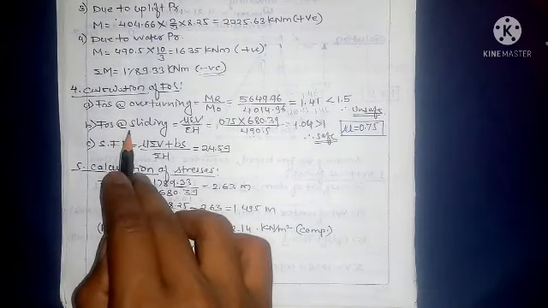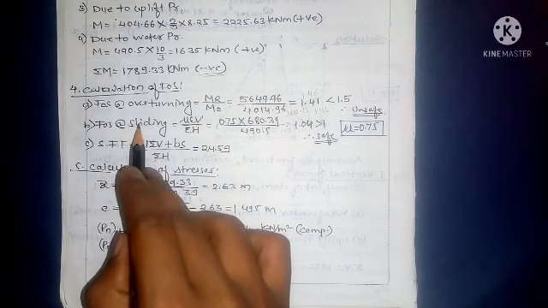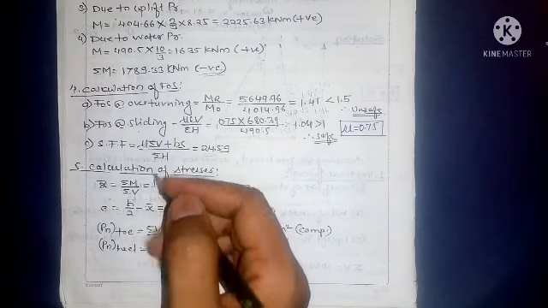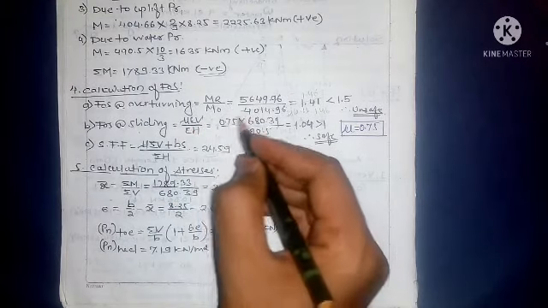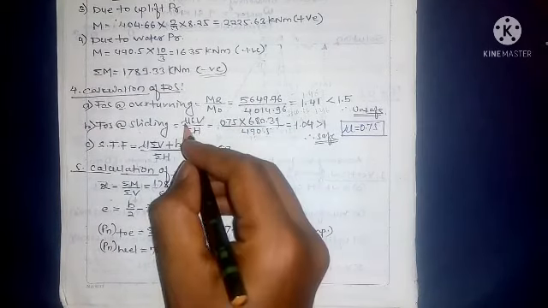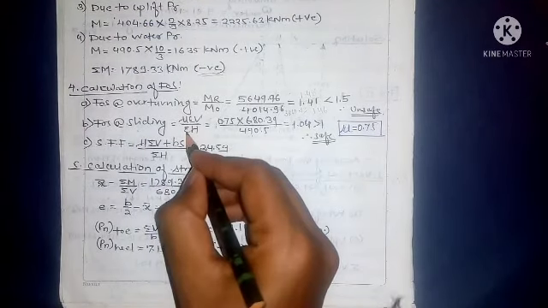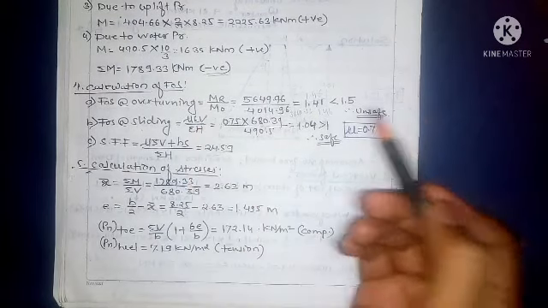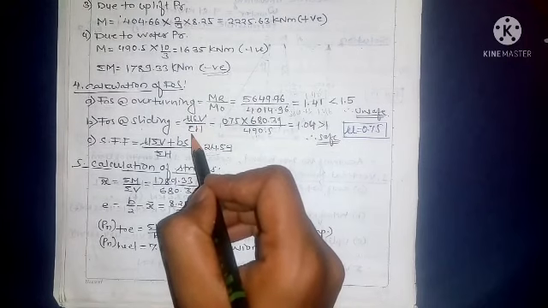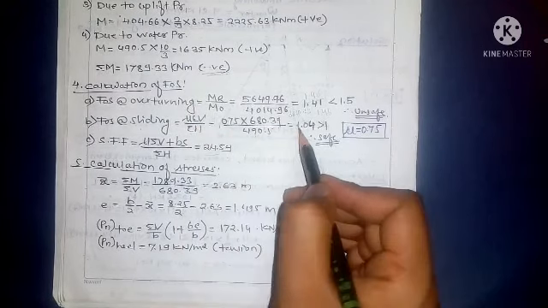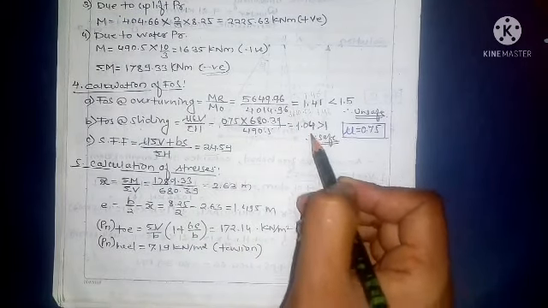Then factor of safety again sliding is equal to mu summation of V upon summation of H, is equal to mu, consider here 0.75, mu into summation of V we calculated earlier. So put the value, summation of H. So mu 0.75, summation of V calculated earlier, summation of H calculated earlier. So put the values, we get 1.04, that is greater than 1, therefore safe.